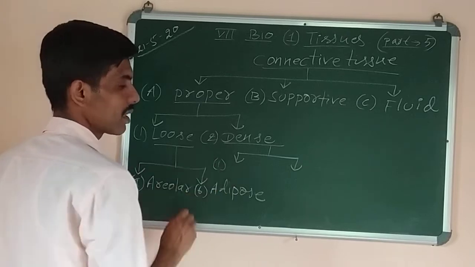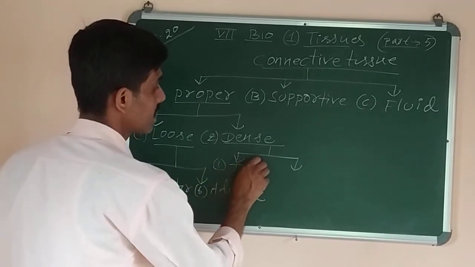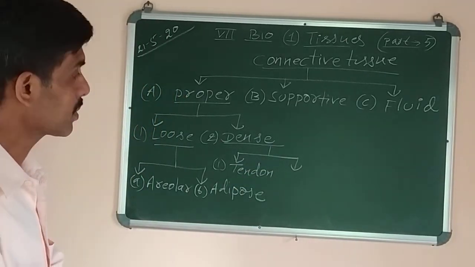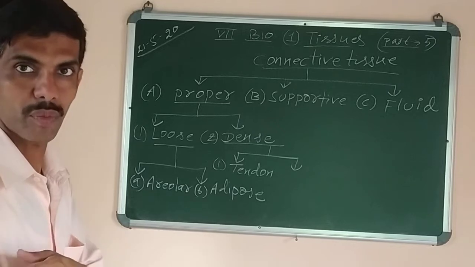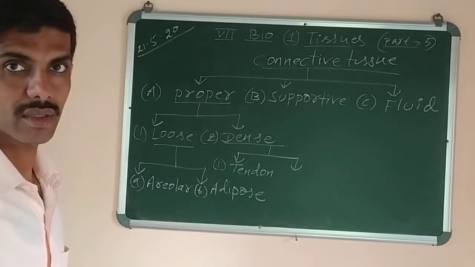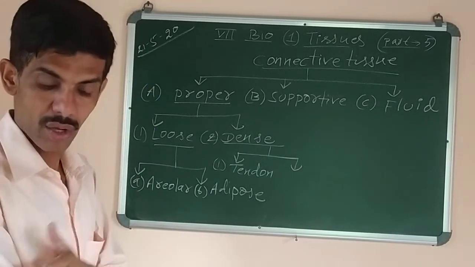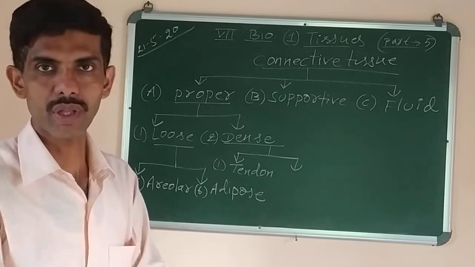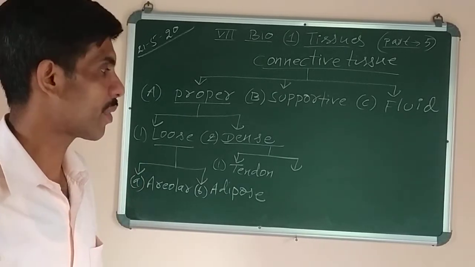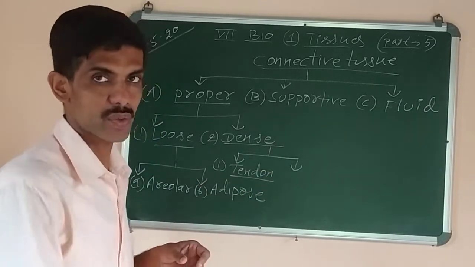What are they? Number 1, it is known as tendons. You have heard about the tendons. Tendons are the connective tissue which helps to join muscles with our bones. Like in our body we have different types of muscles. We have studied 600 or more than that types of muscles are there. Now these muscles are attached with our bones, and together they bring about movement in our body. So tendon is the one which helps to attach muscles with the bones.